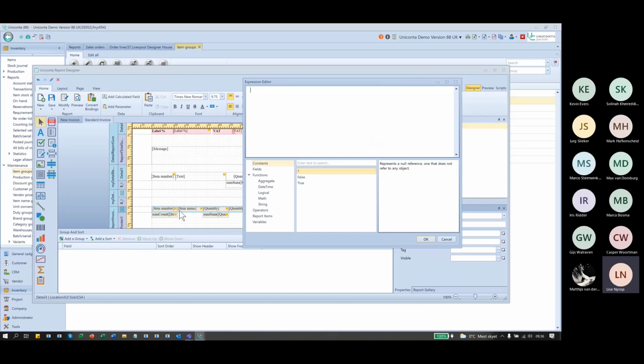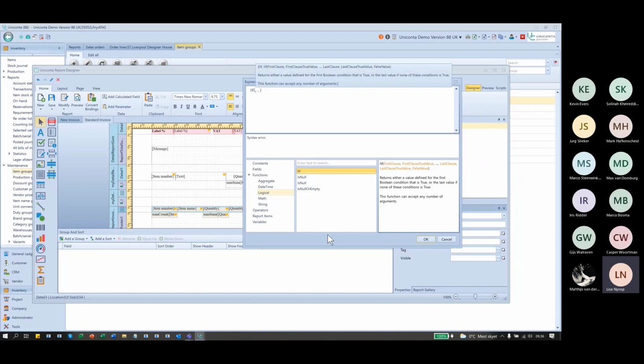And if it's not, then it's false and it will not be shown. So I'll have this logical function here, one of our functions. And don't ask me why there is 2 i's in an if sentence, but in DevExpress we have 2 i's. So this is an if sentence,